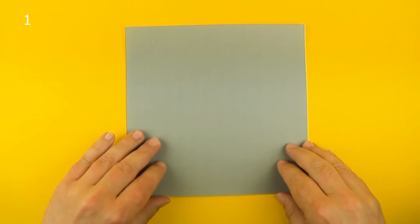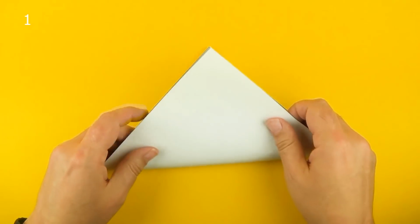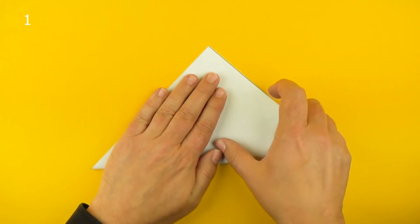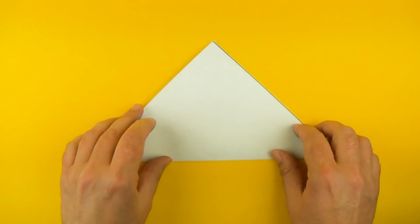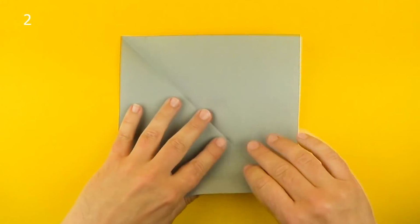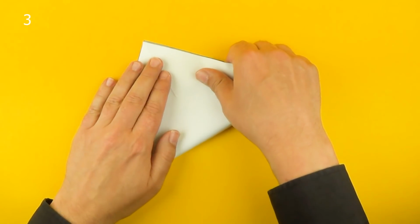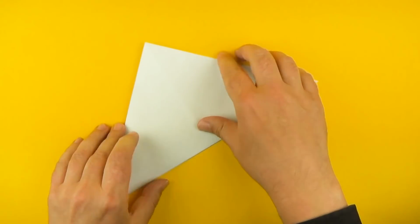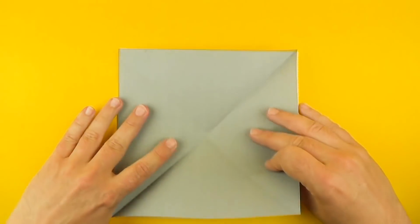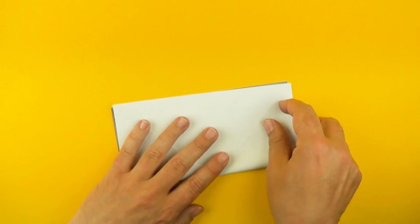Now for part two, we take the second square and we're going to fold it in half diagonally. So fold the corners together. We're actually repeating steps 1 to 10 of the first part, but we'll show them here separately. And the opposite corner, fold it over, line up the corners, and crease. Then open, fold the edges together,